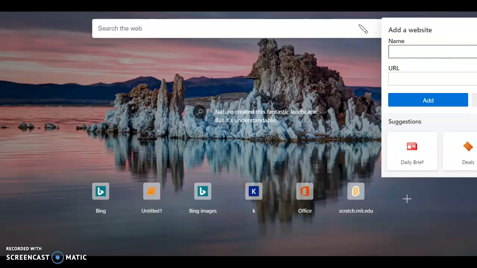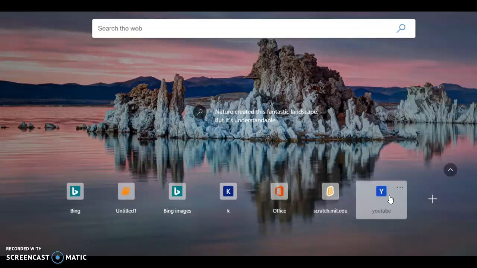So the name will be YouTube, and you can just write HTTPS://youtube.com. Let's see what happens. youtube.com. We have it here. Now I'm going to click on add, and it says YouTube,